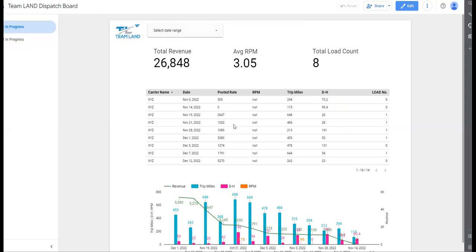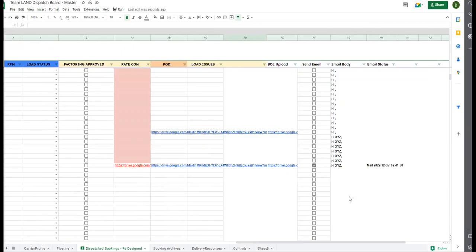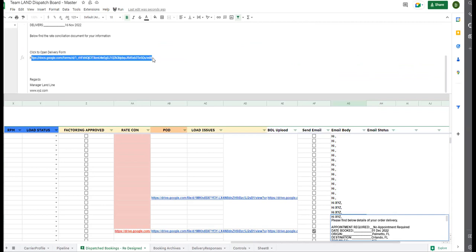So how they will navigate to it: there is a link which I'll share with you. Just like the Google Form link, we can add this link in the email part as well. I will add this link to this email in here as well, so that anyone who receives the email can see the link to open the form and submit it, and the link to navigate to this file